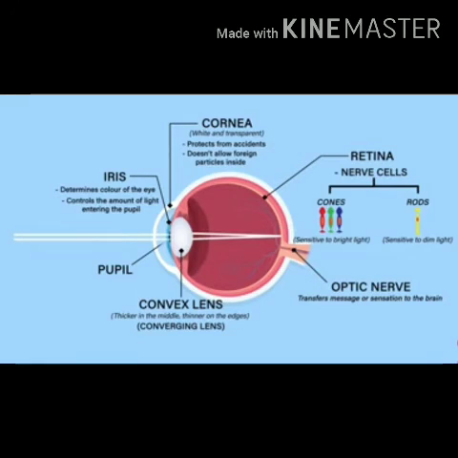After the cornea, another part in the structure of the eye is the iris. The iris is the colored part of the eye. Children, whenever you observe the eyes of different people, you will find that some people have green eyes, some have blue, some have brown. So why these different colors? The part which shows you the different colors is the iris. The iris is the colored part of the eye.